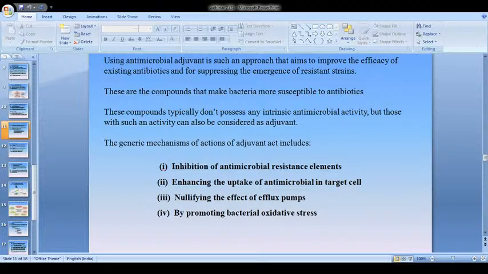And the next one is promoting bacterial oxidative stress. Here telluride, also known as tellurium oxyanion tellurate, is known to cause high levels of oxidative stress in bacterial cells. So this agent will cause a high level of oxidative stress in bacterial cells, and these antibiotics act by interfering